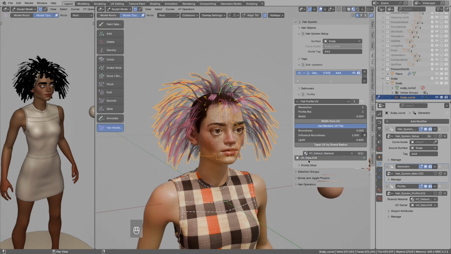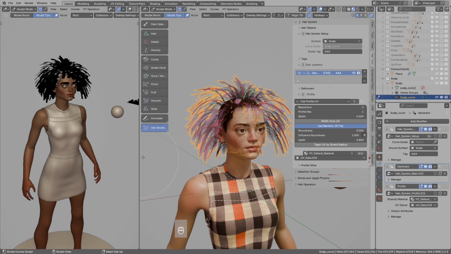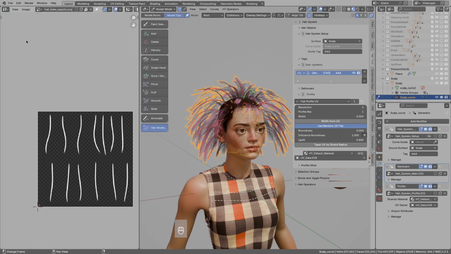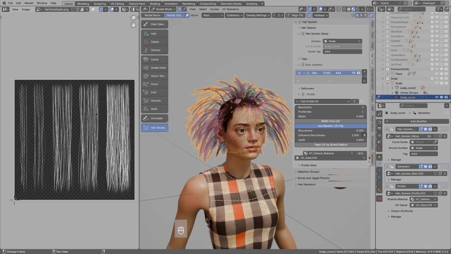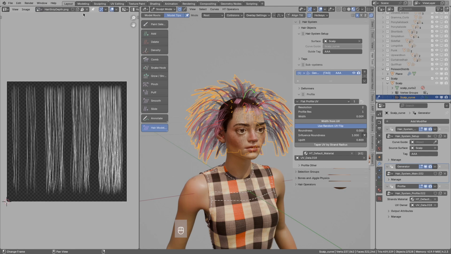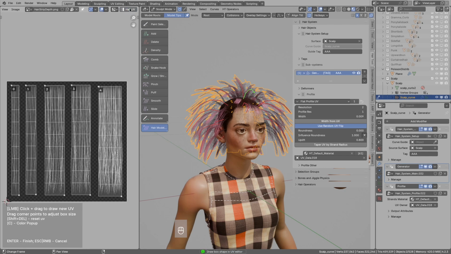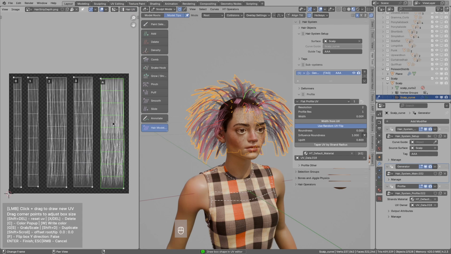And you have the UV data stored in this object. To edit those UVs, you will actually have to go to the UV image editor, and let's load the default texture hair strip depth. And to edit the UVs, I can go to the right side in the header and select the hair tool hair UV. Those are the default UV boxes. You can press X to remove them, left click and drag to create a new one, or Shift D to duplicate, scale, grab around, and when you like the changes, you can press enter. But I do not want to edit those, so I will cancel with right click.